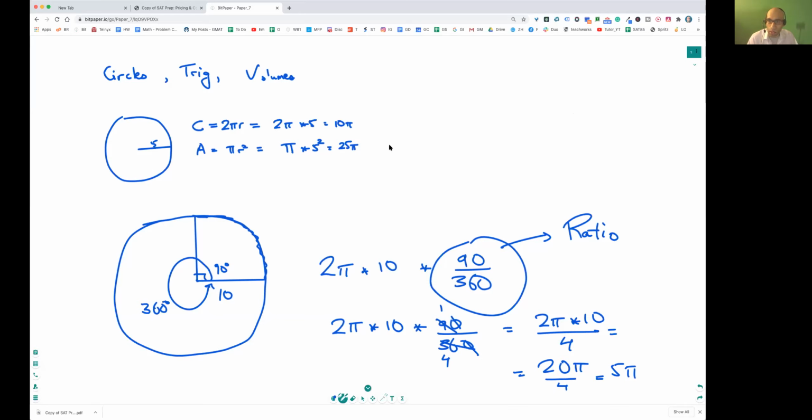All right, somebody was on mute here, so we muted them. Sorry about that. So it's going to be 5 pi over here, right? So 20 pi over 4 is 5 pi. Okay. So let's move on now to a related problem over here. Okay, and that's going to be